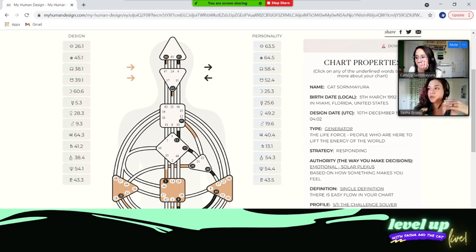So the main components that you can see in the charts immediately are strategy and authority, and that's mostly what this is from. That's how you understand how to live a fulfilling life that isn't full of resistance, because you're operating in your best way. So you're just going to flow through life instead of hitting all these roadblocks, because you might be doing it how your friend does it or how you were raised, and it's not for you.